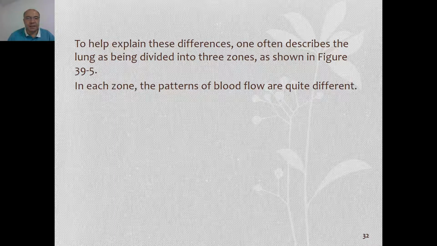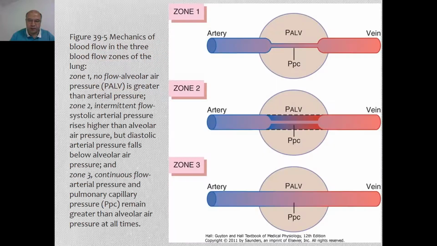To help explain these differences, one often describes the lung as being divided into 3 zones, as shown in figure 39.5. In each zone, the patterns of blood flow are quite different. So, in this figure, you see the zones in the lung. This is the apex part, and this is the bottom, basal part of the lung, you can think. And actually, we don't see zone 1 type